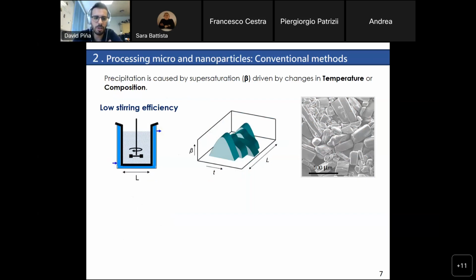the composition. So imagine, for example, that in here, in this vessel or in this reactor or whatever that we have in here, we have a solution of a drug that we want to precipitate. What can we do? We can try to supersaturate the solution, for example, by adding a cooling bath on the sides of the tank, and then decreasing the temperature. As we decrease the temperature, the solubility decreases, so we're going to supersaturate the solution and we're going to make the particles